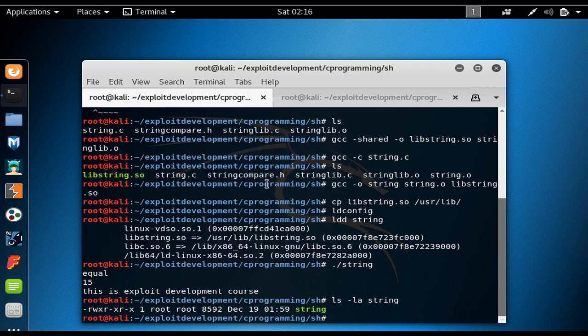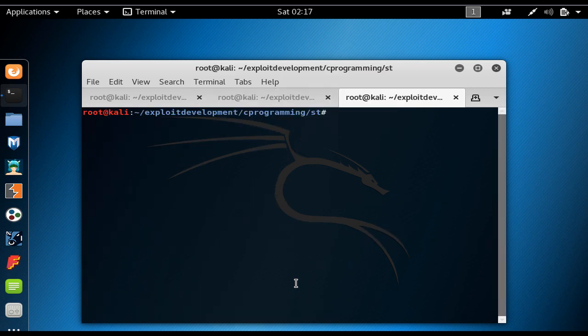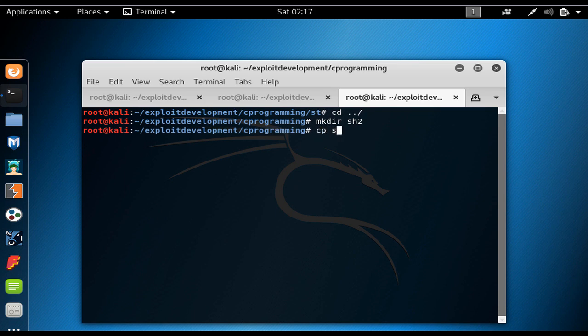Now I want to do the same thing with our shared library. So let me open another tab, sorry. What I want to do is to create another directory. Let me name it sh2, and again copy the string.c to the sh2 directory, then string compare.h,